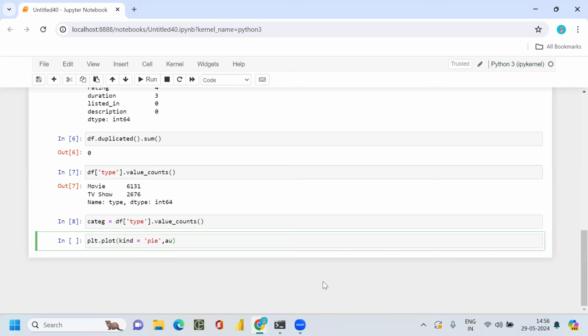For that, we need to use this function autopct. It will give us a clear detail about the percentages. So if I want up to two decimal points, then I give the decimal point,